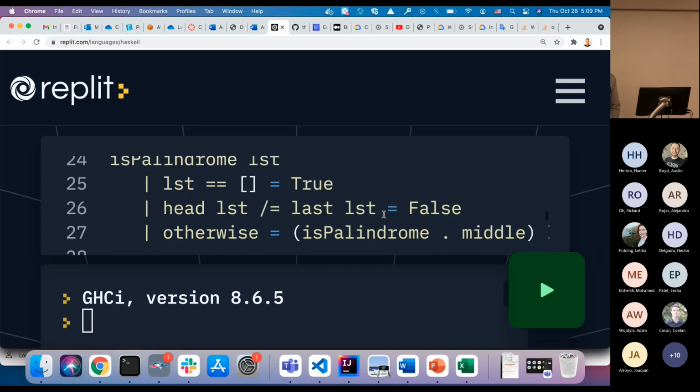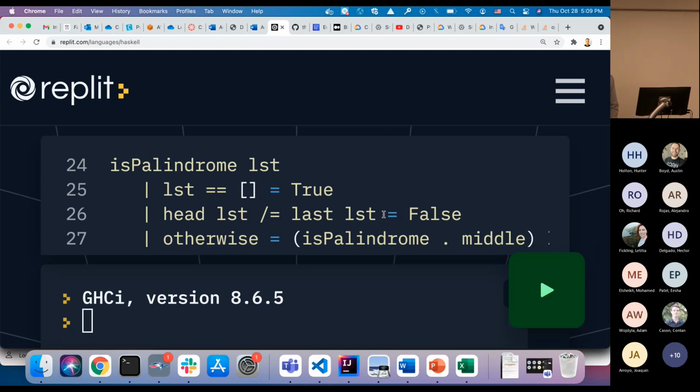And finally, the last one, this is how I did it, using guards. Kind of the base case, you start with the base case. If the list is the empty list, just return true. And then you check if the head and the last are the same, right? So if the head and the last element are different, this is the difference operator